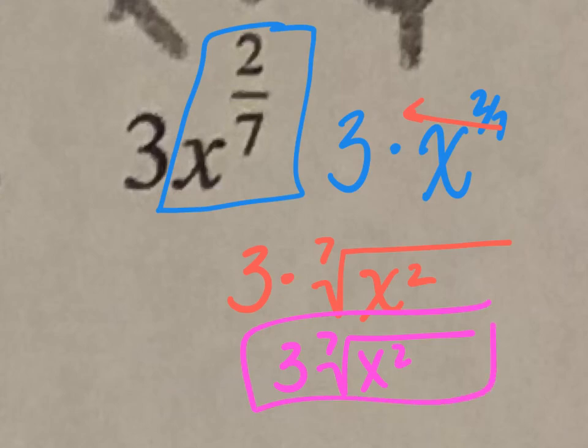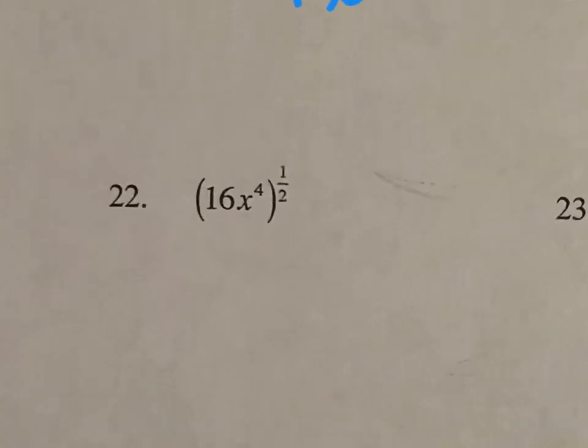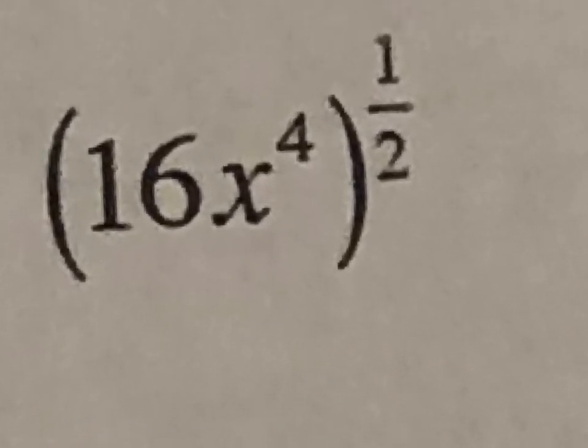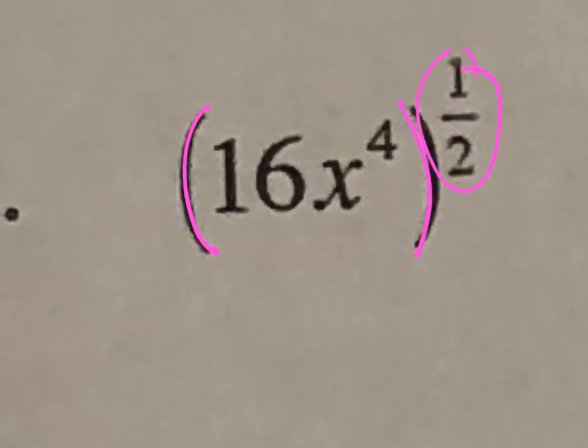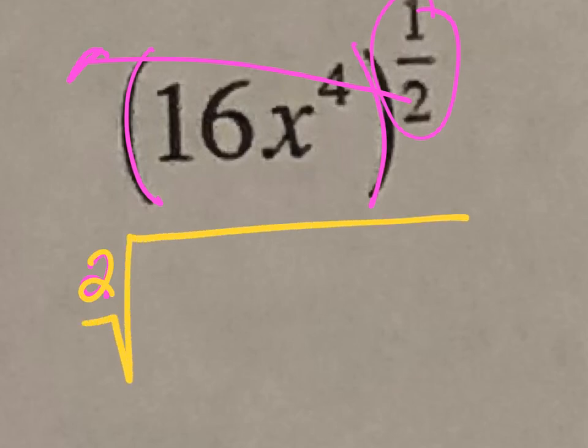That is your final answer. Okay, let's look up. All right, so 22. Notice with 22, this entire thing is being raised to the 1/2. So what's going to happen is the 2 is going to go to the outside. Let me change colors. The 2 is going to go to the outside. And I get